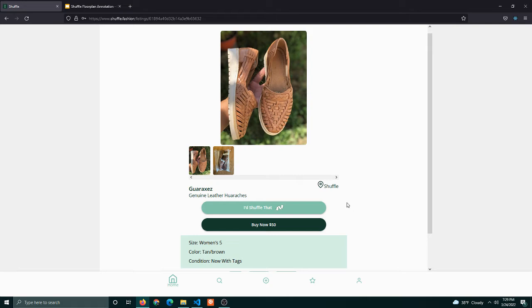But the key feature of Shuffle is the I'd Shuffle That button. So here, if I hit the I'd Shuffle That button, it is the equivalent of a like or saving the listing. You can think about it that way. But when you do this, it then indicates to Shuffle that you would like to get these in a trade. So if you have other items that are in that $45 plus or minus $5 range, that would allow you to trade for these. Shuffle will use its multi-party trading algorithm to look through and pair up to 5 different users